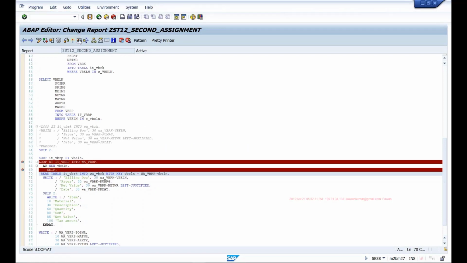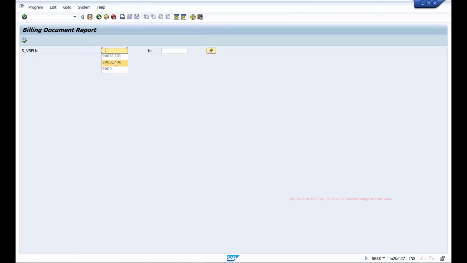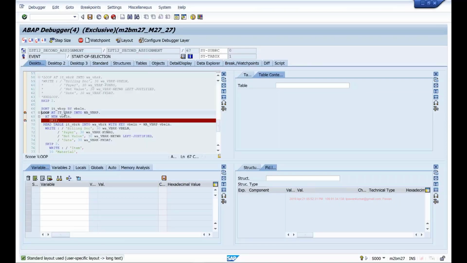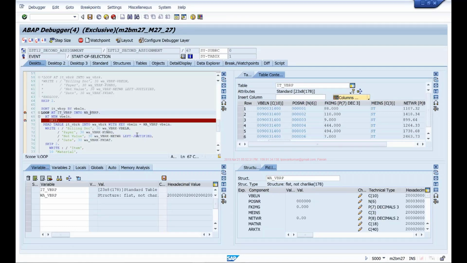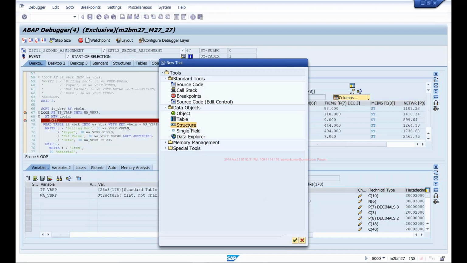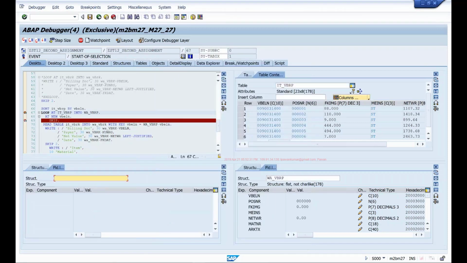So now if I execute this, I have this IT_VBRP data and WA_VBRP data, and then WA_VBRK.